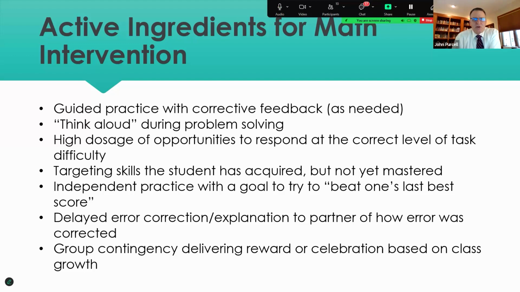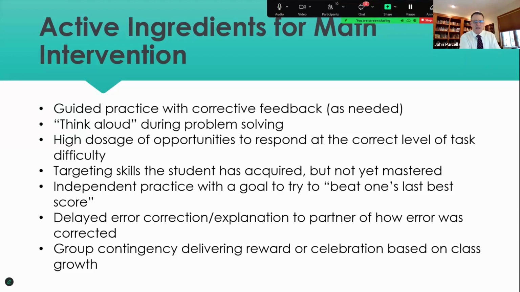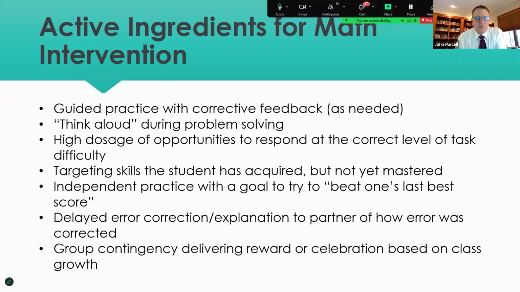It also decreases that time, that error time when a student makes an error, decreases the time between that and the correction, because that correction is immediate. You get that prompt feedback or that direct feedback quickly. And then you might have a reward, you might have an award. That would be another ingredient. Again, if you're going to set those goals, to have a reward for the class. And these are ideas that are provided. The most important